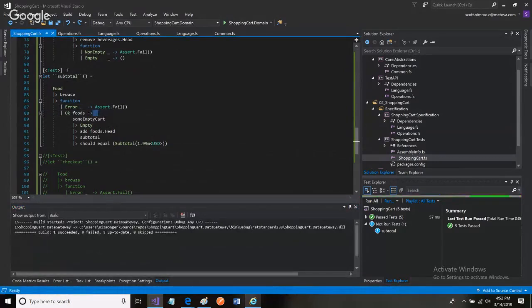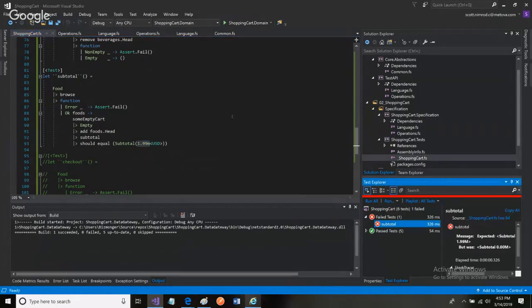I think the price is $1.99 for both some beverage and some product, and it fails, and it says that the subtotal is 0. Expected it to be $1.99, but the subtotal was 0. And why is that? I added food.head. I did subtotal. So in the add over here,